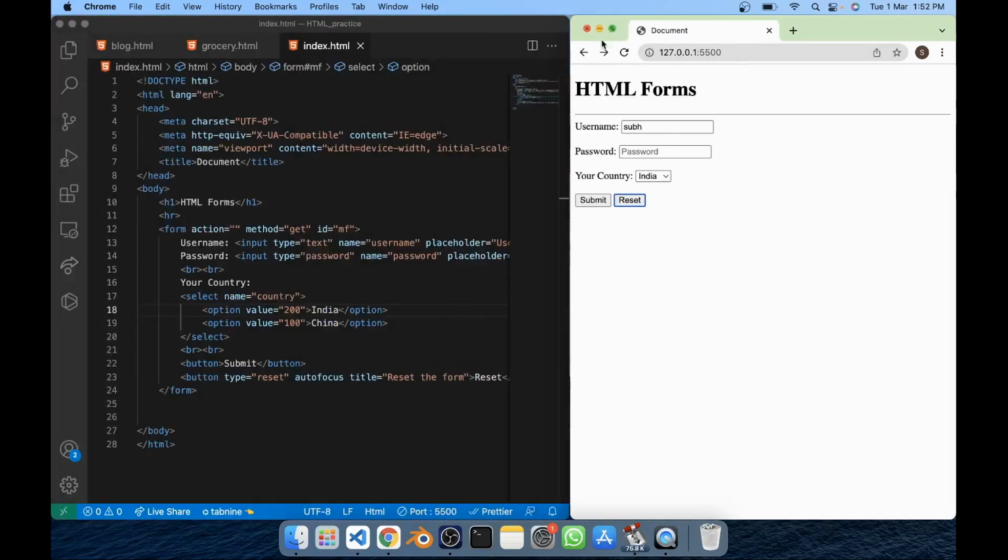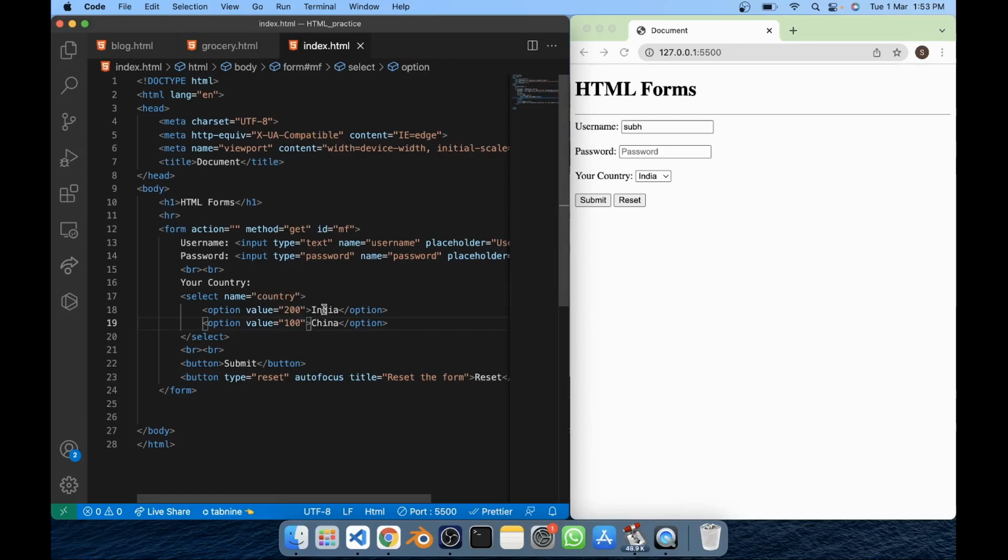Okay, so if you want to put some value in option, you should use the value attribute. Now I'm going through some attributes for the option tag only. So one attribute I already discussed, value. You can put a value which will be submitted to the actual server using the name property, like country equal to 200 or country equal to 100. So this value will come up,